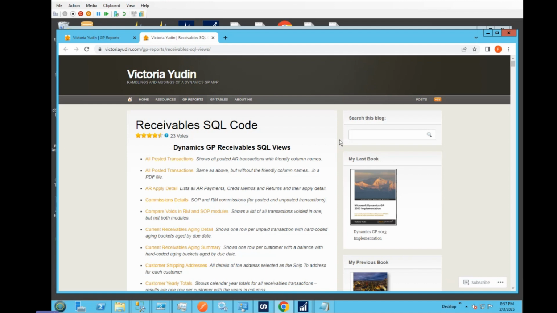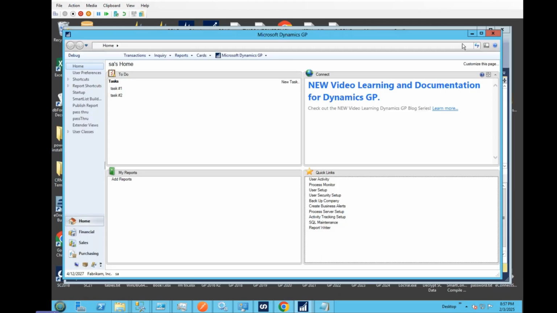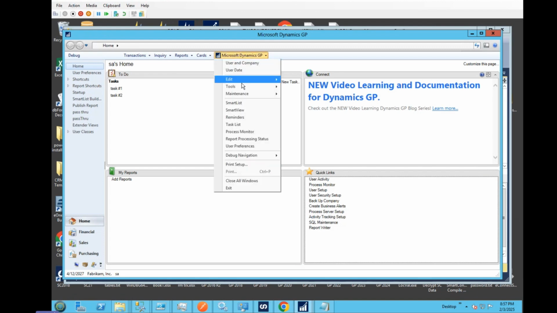So he had pulled down a specific SQL view, and it ran fine in SQL. Select star from view AR details, and it returned all the data that was expected. So he wanted to make a SmartList Builder report out of it. He created the view, and then from a SmartList Builder perspective, if we pull it up,